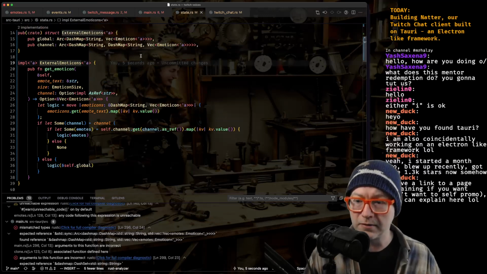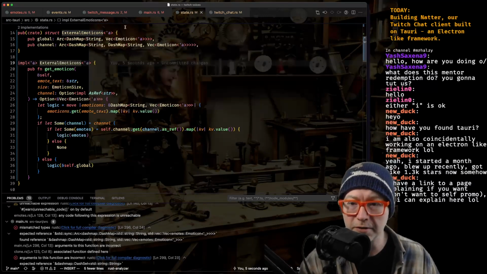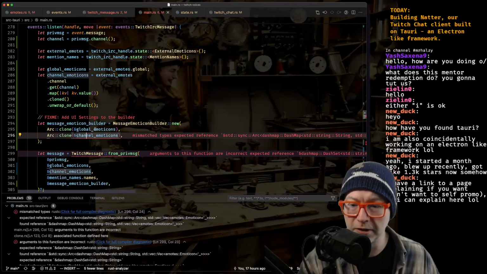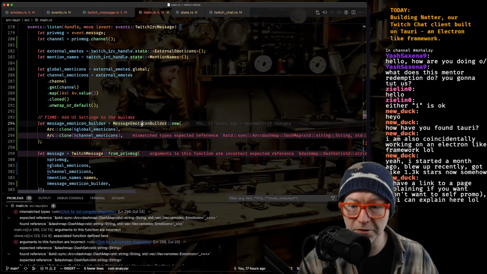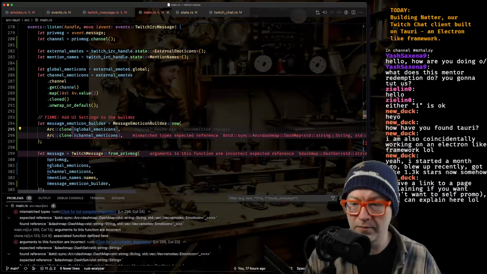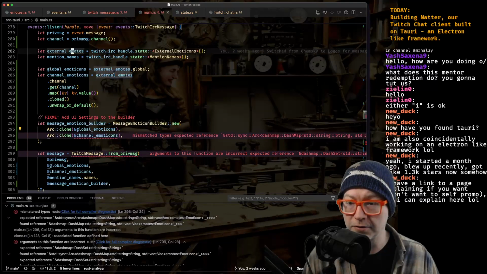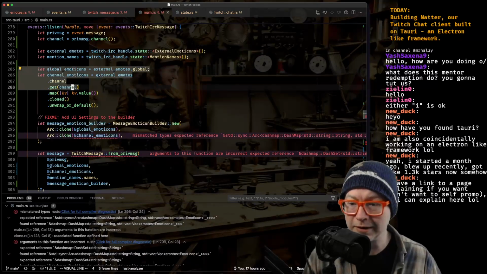If we have that with our external emoticons, we could pass our external emoticons object into this message emoticon builder. Right now we're getting external emotes. Then we get global emotes and channel emotes, which we do not need to do here.